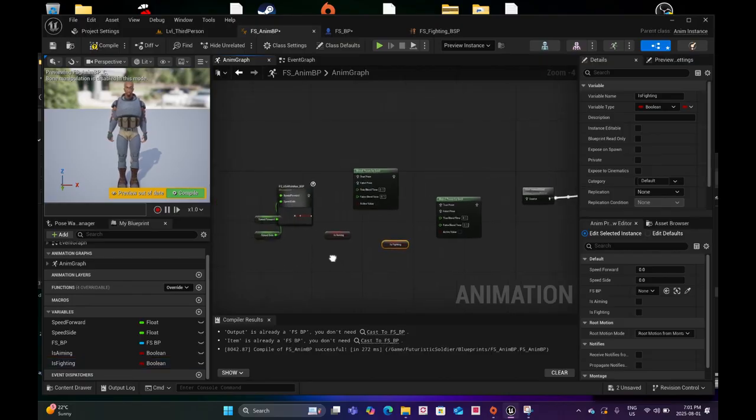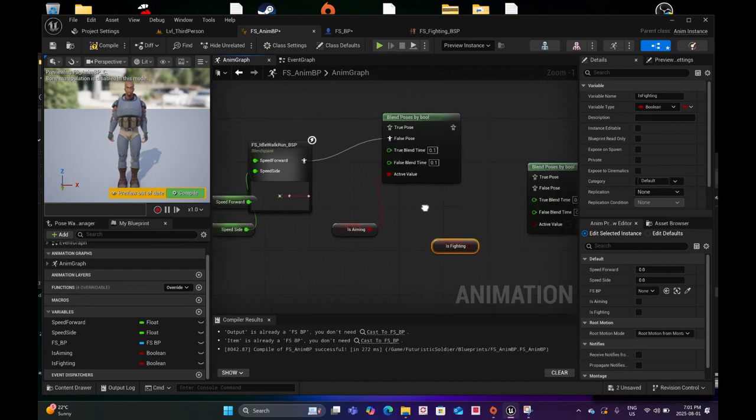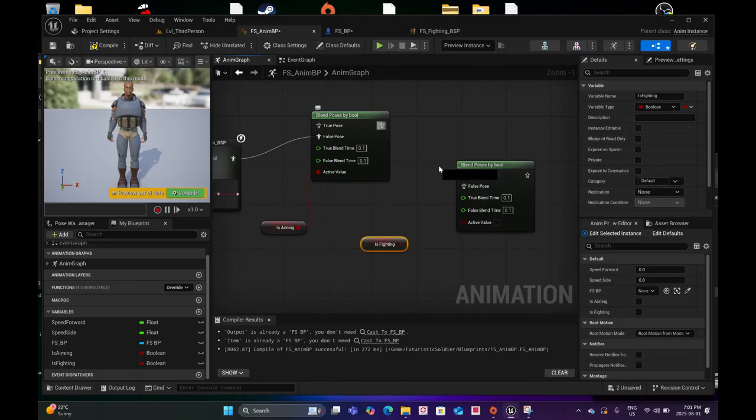So basically what's going on here is this is like the regular idle walk and run, but as soon as it passes through here, if is aiming is false, so if this boolean happens to be false, then this passes through, as well as this one here. If is fighting happens to be false,